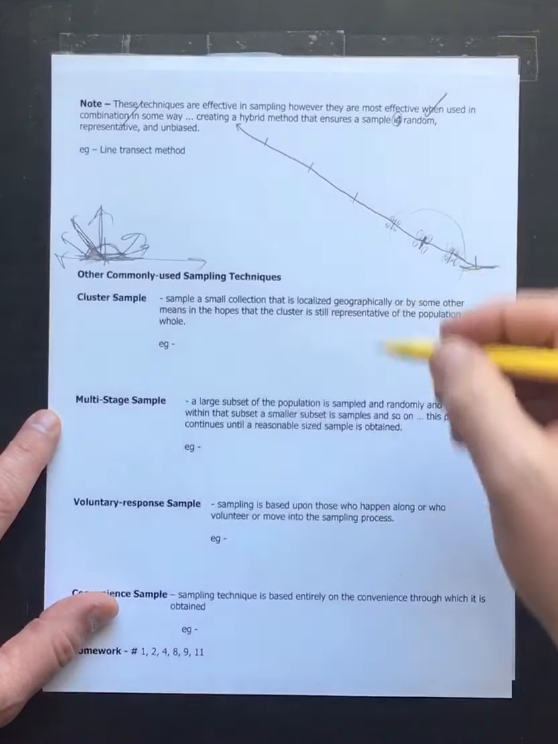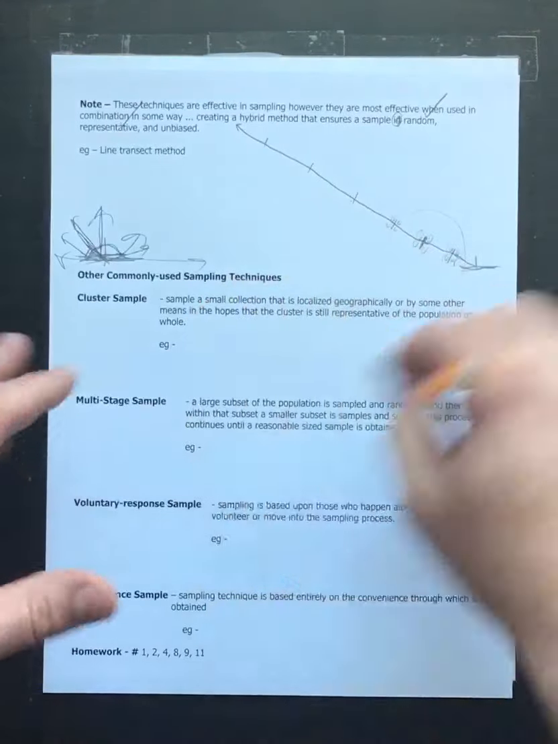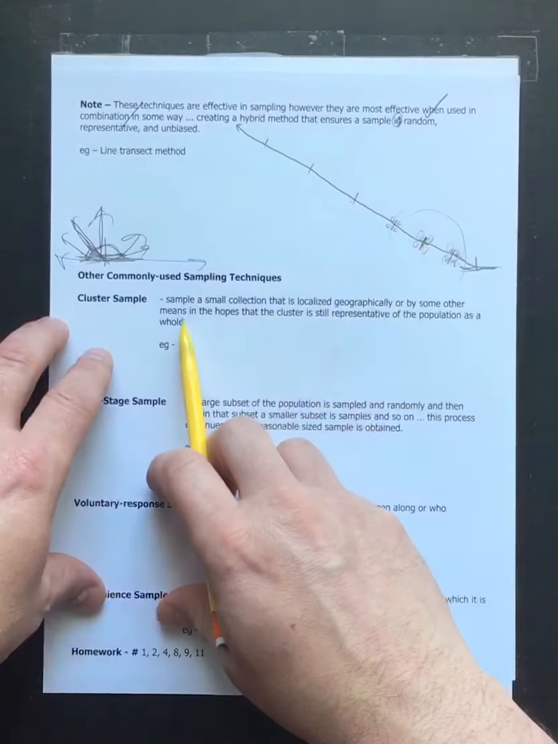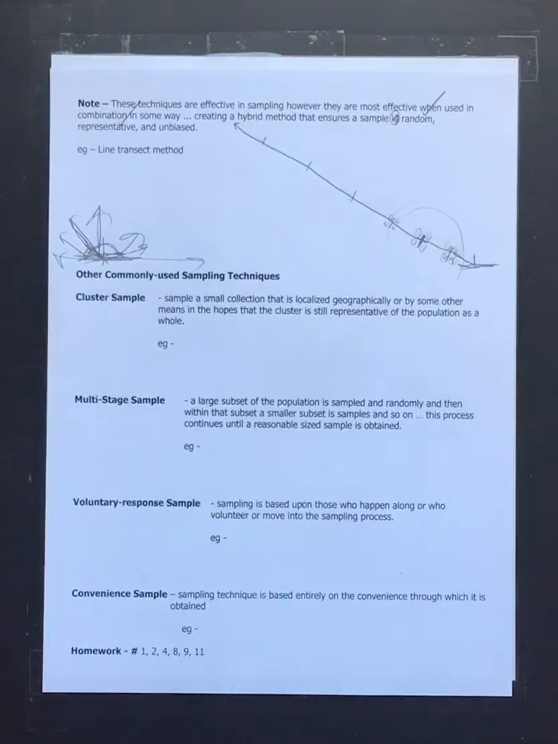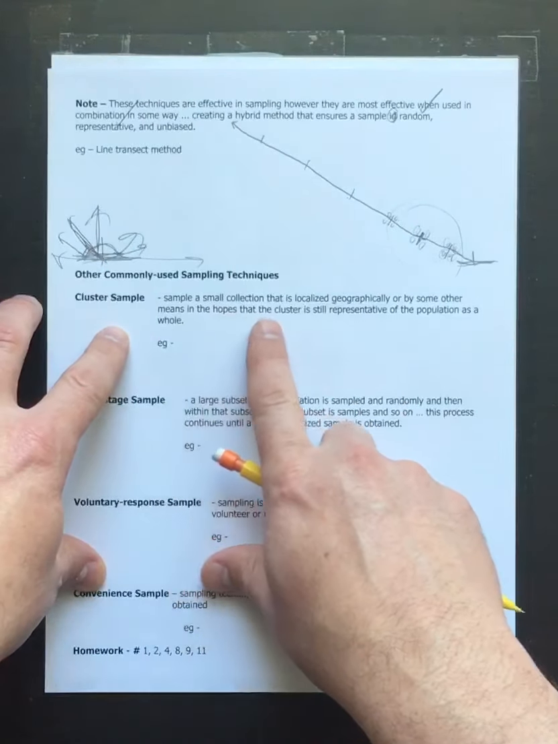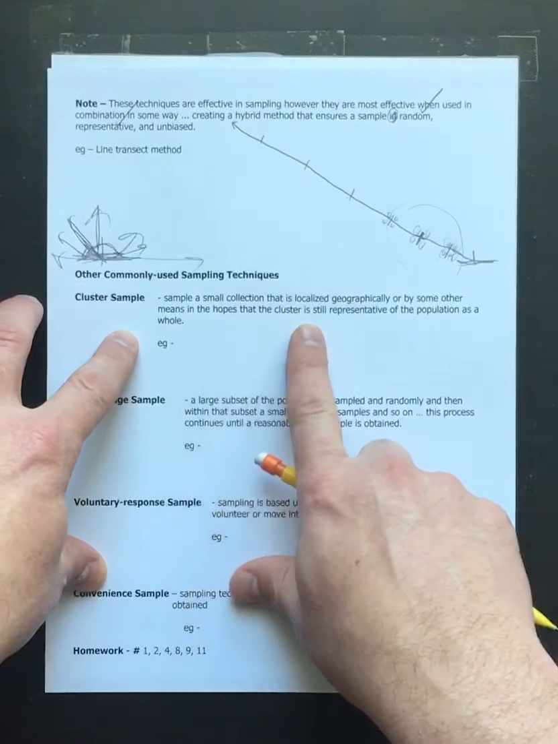Okay, there's other sampling techniques that are used that have some characteristics to them that are great. Rather than write these all down because it'll take me too long, I'll give you some examples orally of how these work. A cluster sample. So the cluster sample, it isn't perfectly hybridized. It isn't perfectly random or representative, but it's a sampling technique that's used very commonly, and it has its pluses and minuses to it. A cluster sample is a small collection that is localized geographically by some other means in the hopes that the cluster is still represented